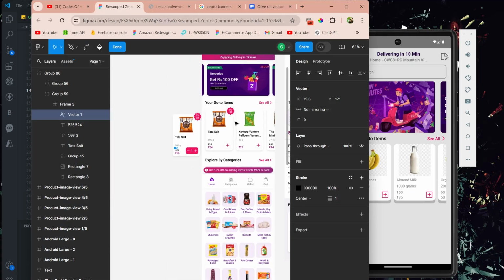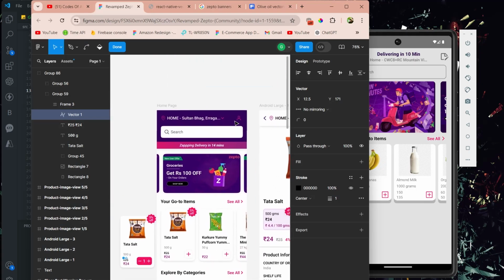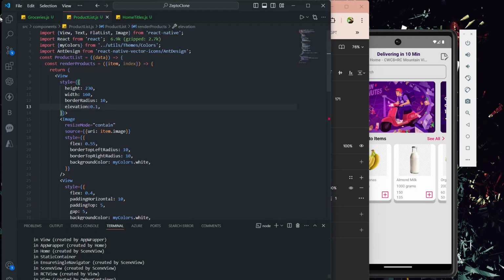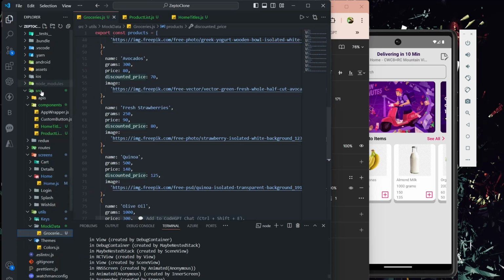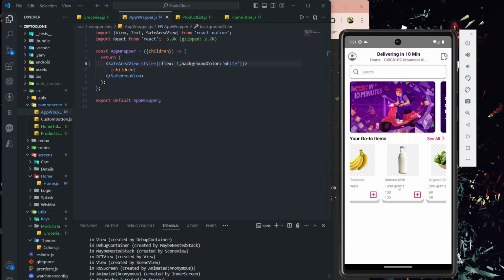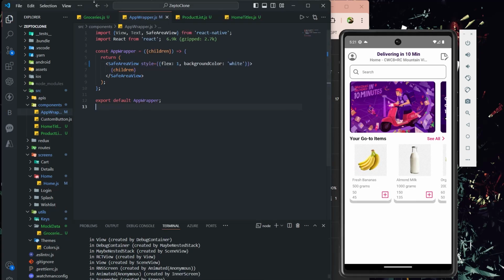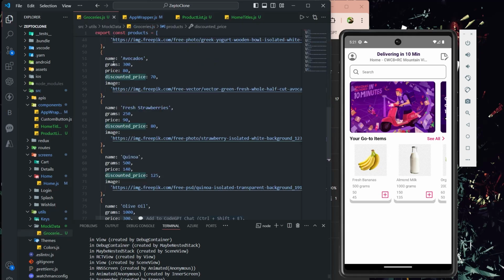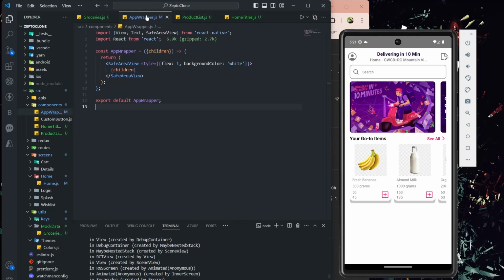And if you see here, one more thing, let me go to app wrapper here, and instead of this gray I'll say white. Perfect. Now the app is looking good, and there is no differentiation. So what I'm going to do, let's